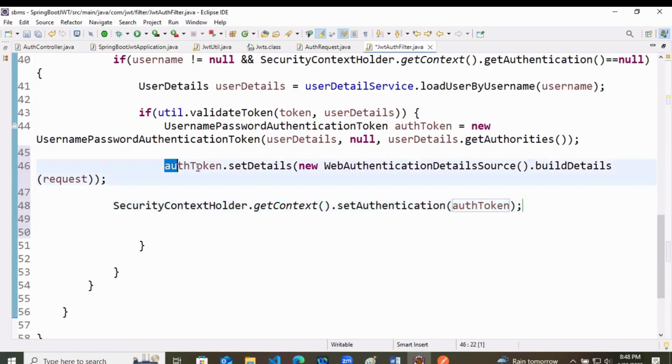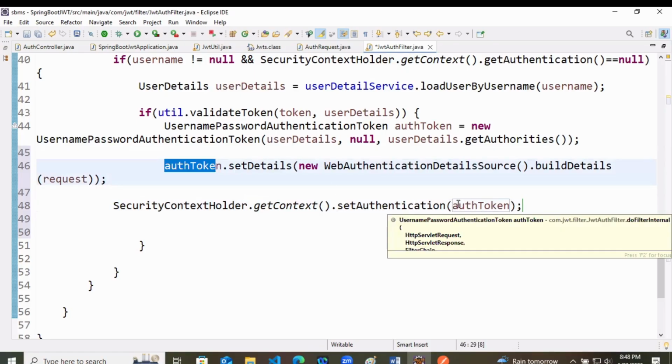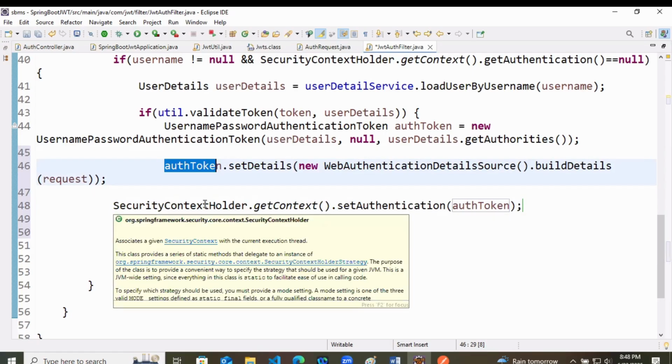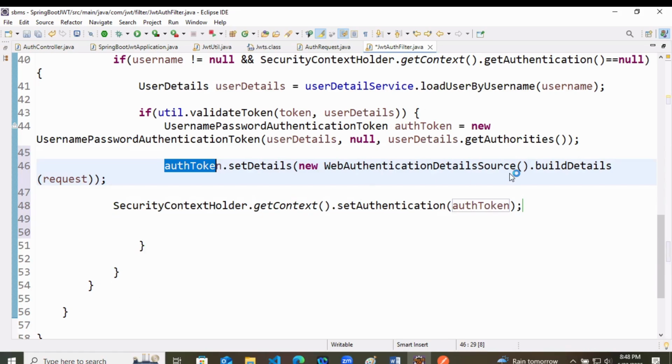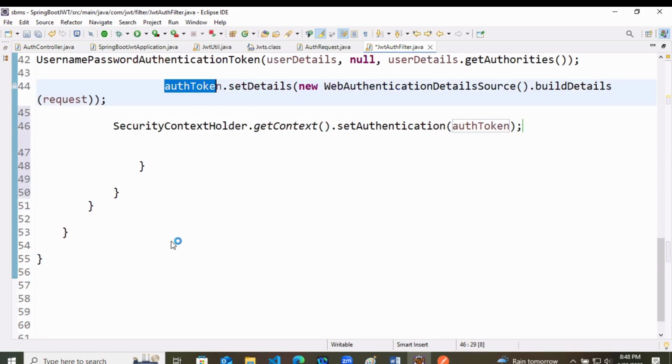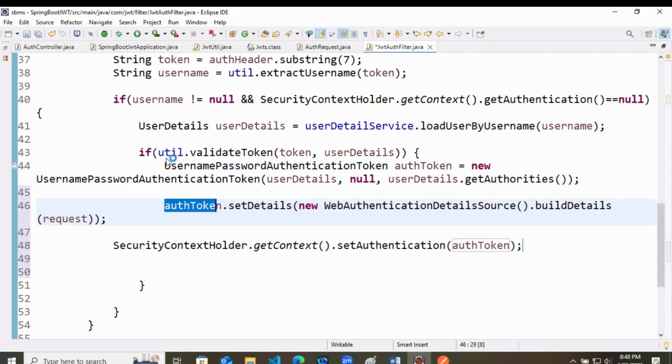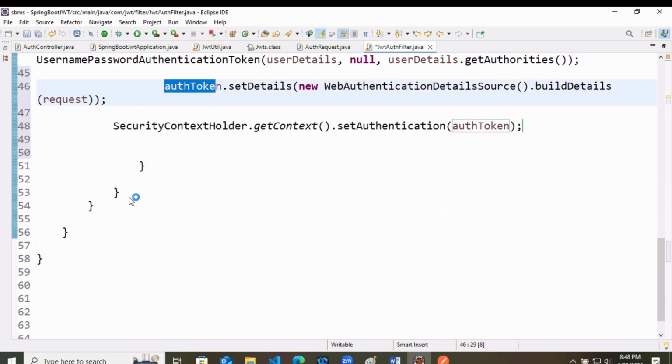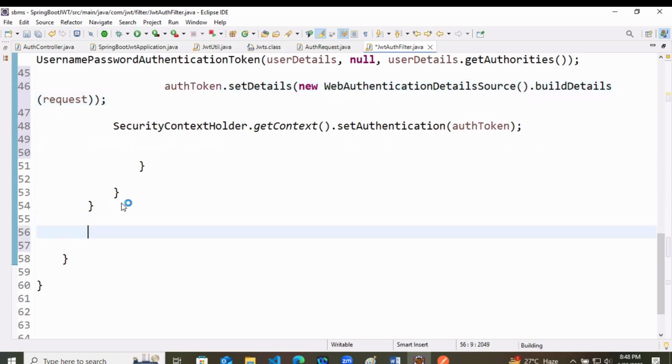Now whatever auth token is returning, true or false, it will set the state to the same thing in the security context holder. By checking all the auth state, it will set the same thing. So here 1, 2, and 3 if okay. So after this particular thing, you can return it.